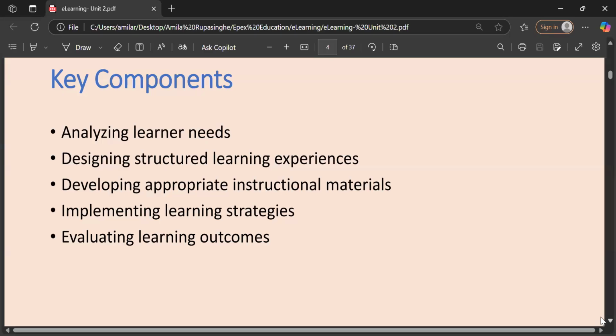Learning strategies, that is actually teaching methodologies, pedagogy, how they are going to learn, what are the strategies that we use to teach, right? So it should be designed, it should be decided earlier, right? Now we use Zoom, we share the screen, we explain, right? You listen to me, right? You look at the screen.